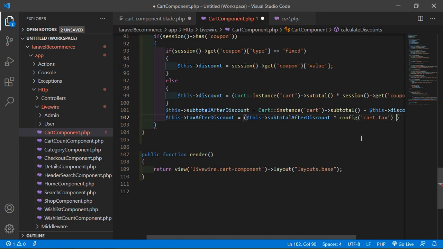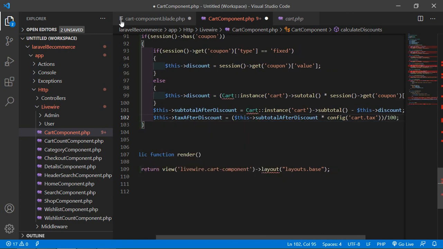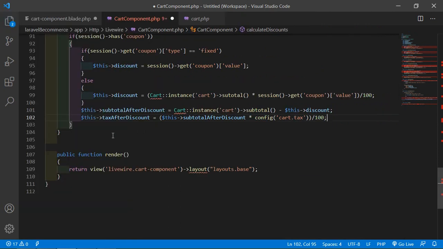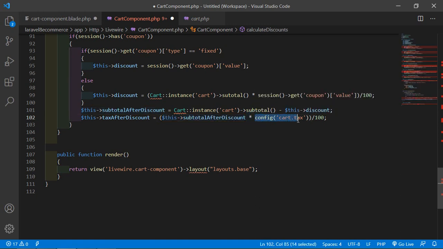Okay, and after this just divide by 100. $this->tax after discount is equal to this is the subtotal after discount multiplied by the tax, and divided by 100.